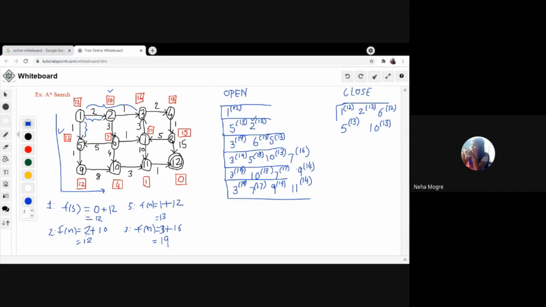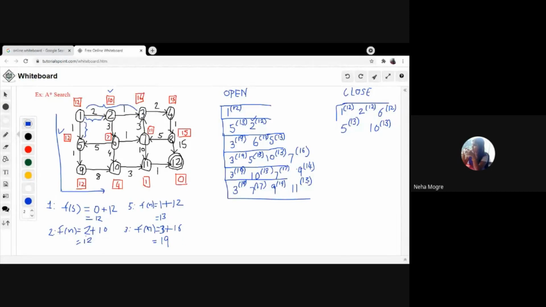Yes. Now again 11 with a cost of... are you getting 11 with a lesser value? Yes, ma'am. 2 plus 3 plus 4 plus 3 plus 1, that is less than 14. Then you can update it in the open queue. If you have, you can update. Is there any value? 4 plus 3 is 7, plus 3 is 10, plus 2 is 12, 12 plus 1 is 13. Yes, you can go for it.